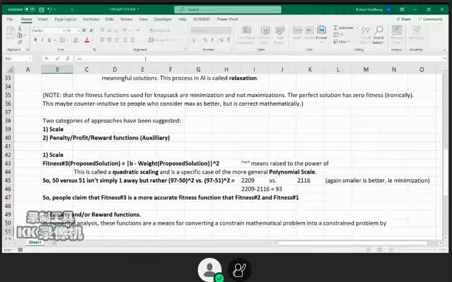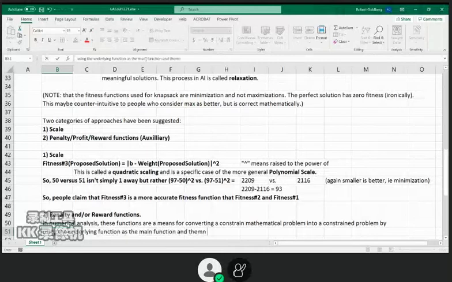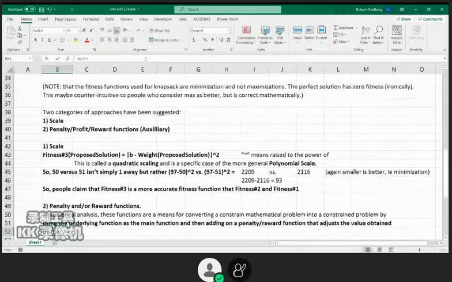By using the underlying function as the main function, and then adding on a penalty function, penalty reward function, whichever. Penalty just means minus, reward means plus, however you want to do it. It can be written one way or the other. Let's call it a penalty reward function that adjusts the value obtained by the main function